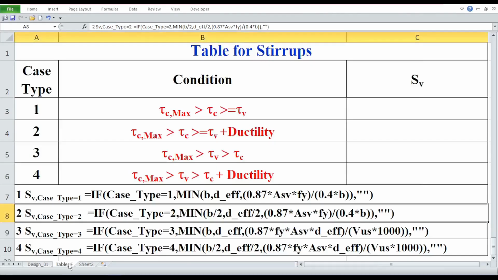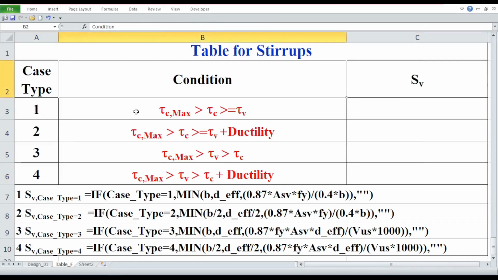We have to create a table like this. Under the column with the heading case type, we have to type 1, 2, 3, and 4. Under the column with condition, we have to type, for case type 1, tau c max greater than tau c and tau c greater than or equal to tau v. Next, for case type 2,